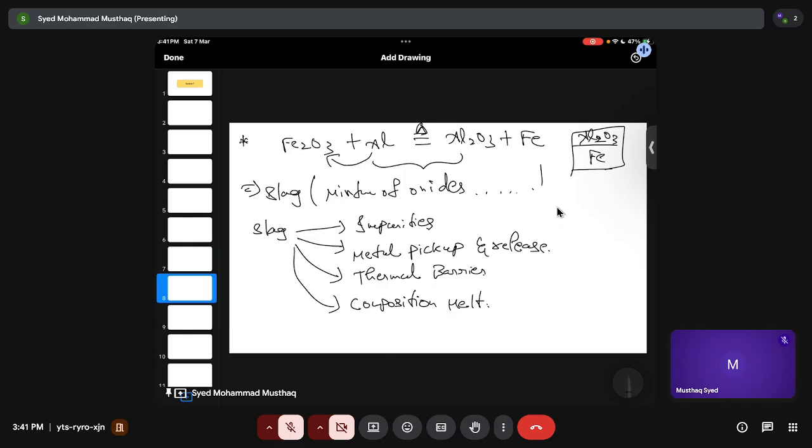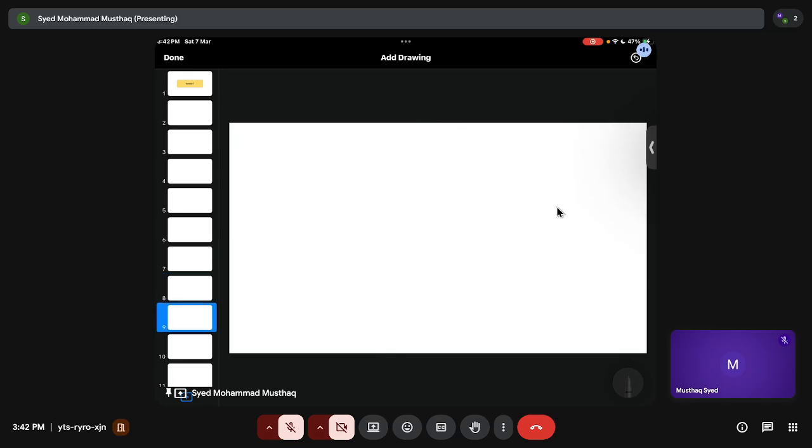Okay, so yeah, slag can even be used as a thing, and also it can be used as a reservoir for chemical reactants, right? So suppose if you want to add something, then this slag can act as a reservoir for it. So chemical elements reservoir, or I can just call it a chemical reservoir. So these are the different purposes slag can be used for. Okay, now